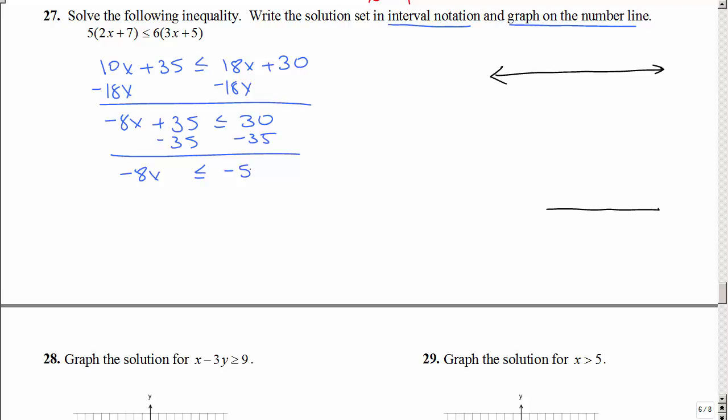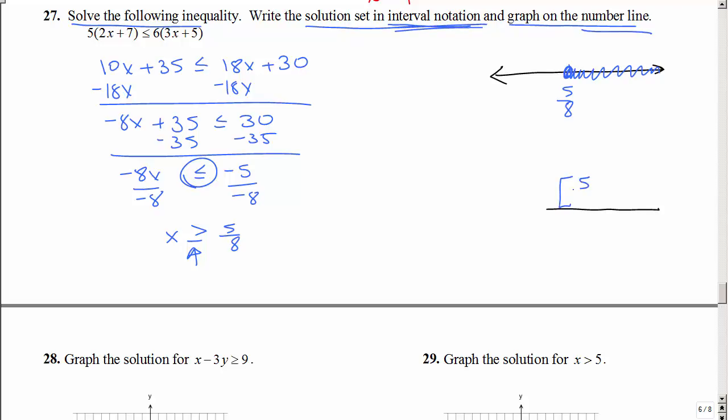At this point I have to solve for x. So if I divide an inequality by a negative, what happens? I reverse that inequality. You multiply or divide by a negative on an inequality, you reverse that inequality. So I have solved it, but I want to write the answer in interval notation and graph it on a number line. So here's 5/8. Needs to be a filled in circle, and it's greater than, so it's over there. So that's one thing, graph on a number line. Now interval notation, I know it's going to be bracket 5/8